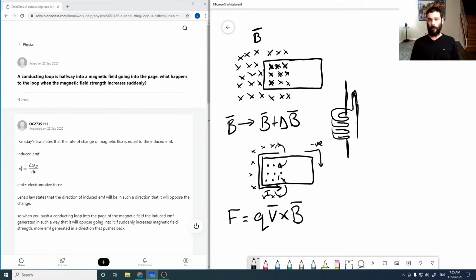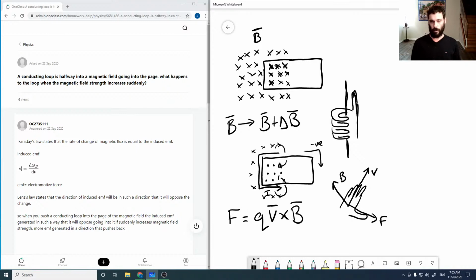where again we can apply our right-hand rule, where if we point our fingers in the direction of the velocity, and either curl our fingers or our palm will face in the direction of the B field, then our thumb points in the direction of the force. So in this case, our velocity,